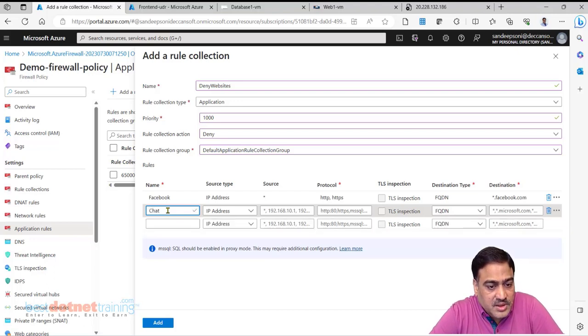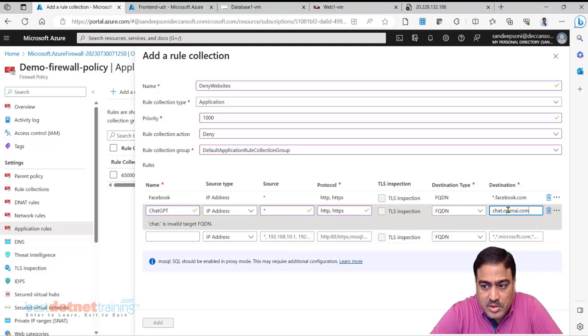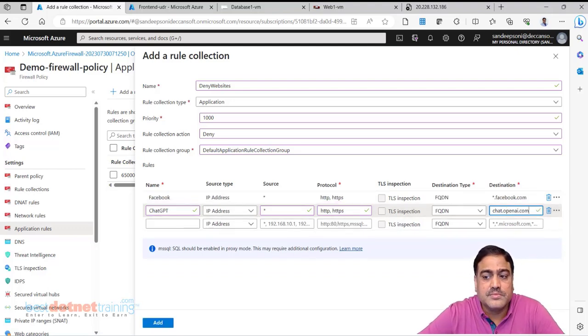Let's say ChatGPT. From any machine, HTTP, HTTPS, chat.openai.com. Add it.